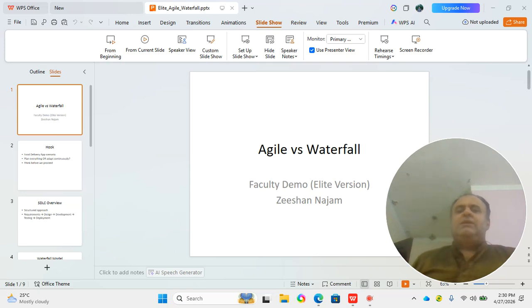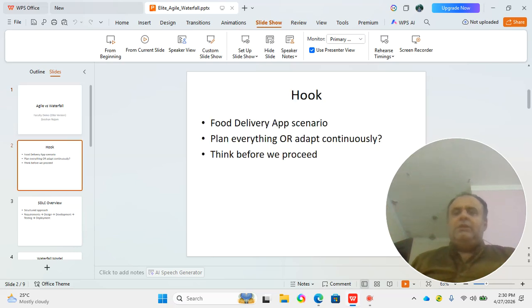That is, we are actually comparing the two models. One is Agile and the other is Waterfall. Now we have to see what is the hook behind Waterfall and Agile. What is the key difference between these two models? Now the food delivery app scenario,